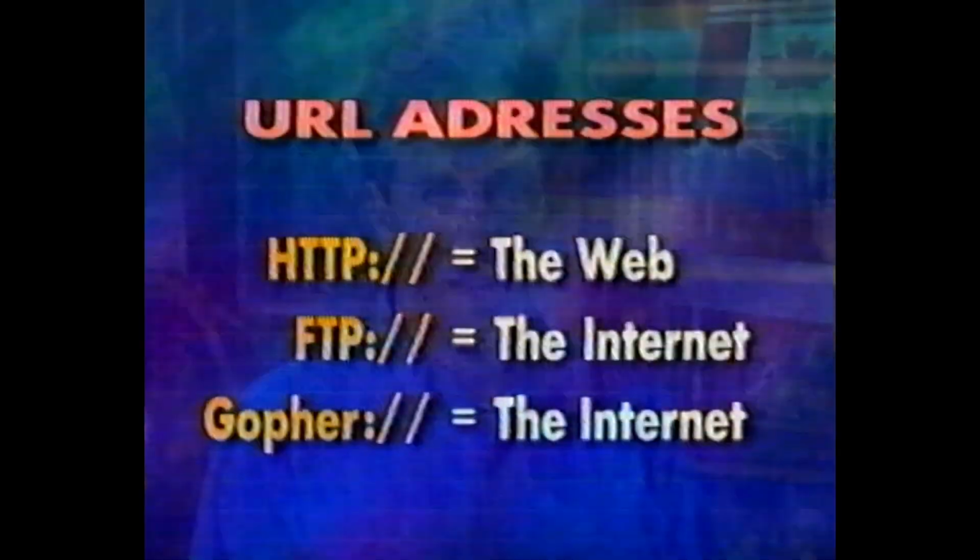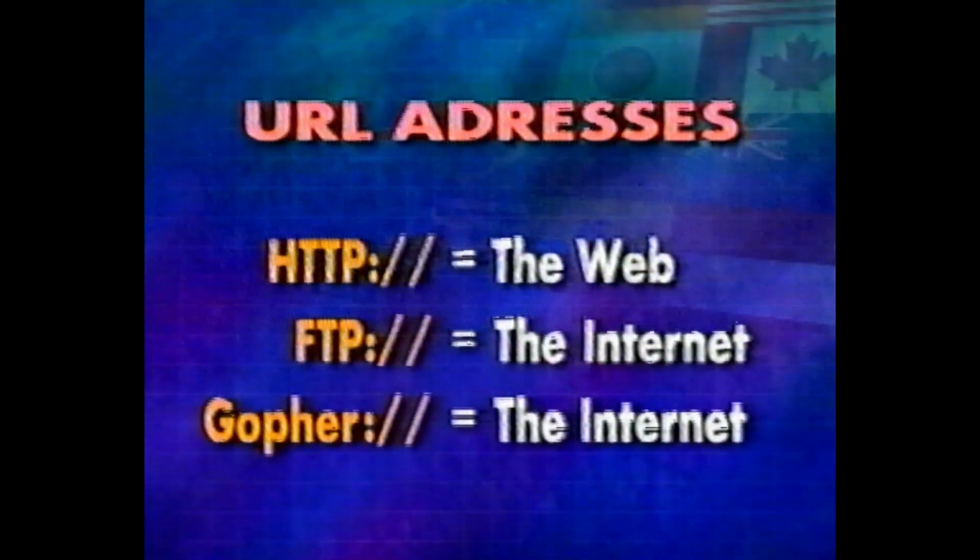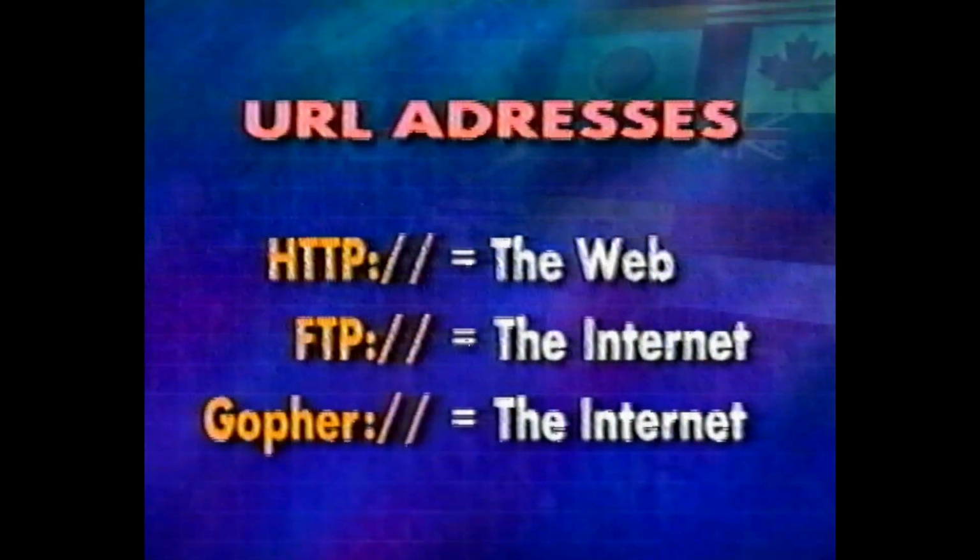HTTP is the interpretation protocol that we talked about earlier that permits different computers to talk to one another on the web. A URL that begins with HTTP tells us that Netscape will access this web page using the HTTP rules of syntax. URLs that begin with FTP or Gopher are Internet URLs. We'll talk more about searching Internet resources in Lesson 3.